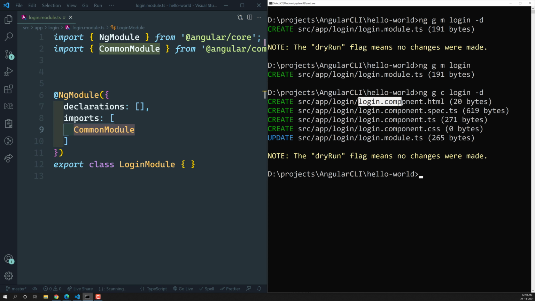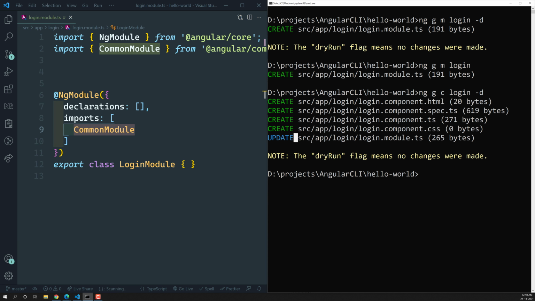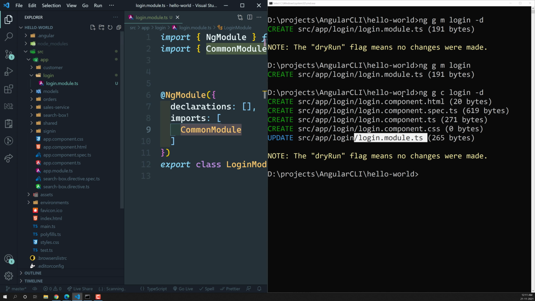In that login folder, you can see login.component and all these files are going to be created. And automatically the login component is getting updated in login.module.ts instead of app.module.ts. Why is this happening? The Angular CLI command always searches for the nearest module file.